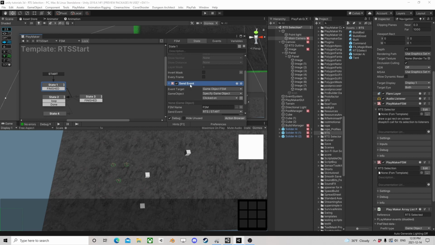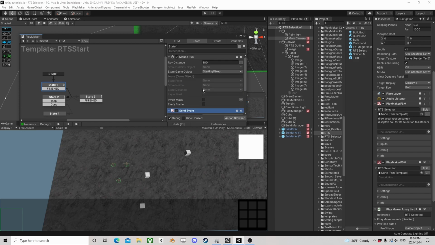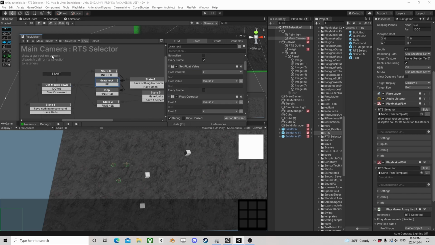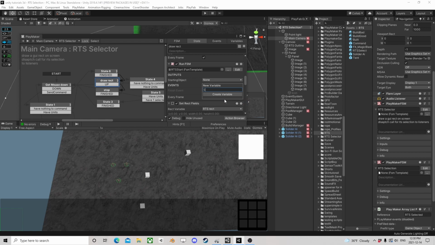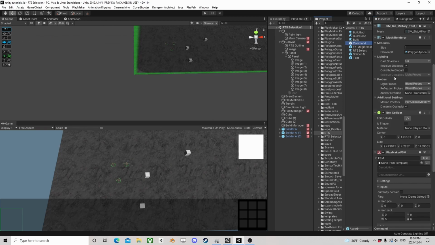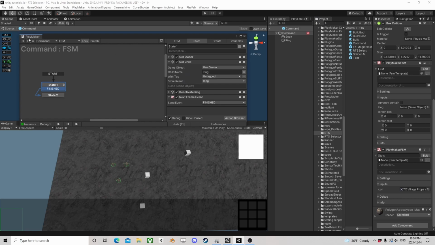And then I am going to, well, starting object. Let's send him an event to start. And that's it, right? So now up here, we should have the starting object. So let's make that into another variable. Might as well call it starting object as well. So we have a starting object, because now we can get into, say, our command. And we could see